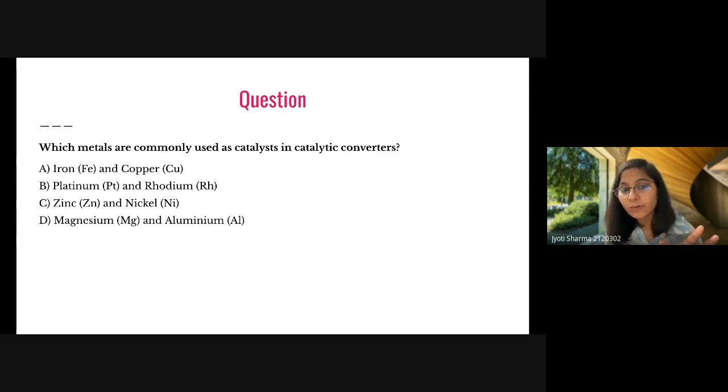So the work of the catalytic converter is that, with the help of a catalyst, it changes CO, that is carbon monoxide, to carbon dioxide. This is very important because CO is very dangerous in comparison to carbon dioxide. The efficiency of carbon monoxide to bind with hemoglobin is approximately 200 times